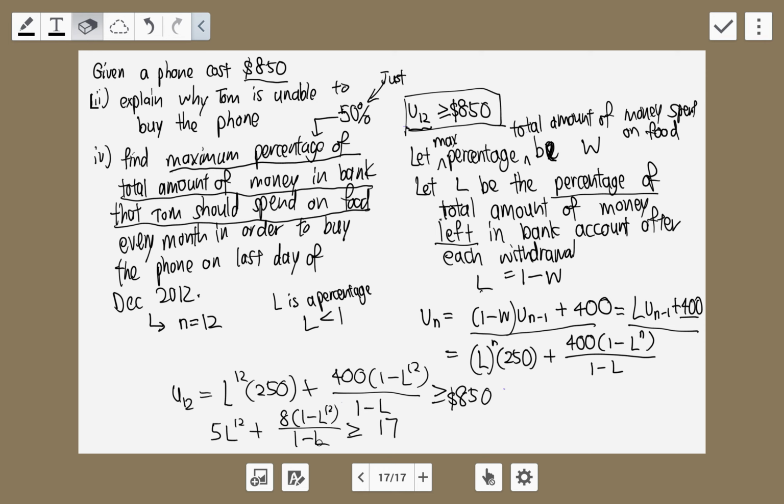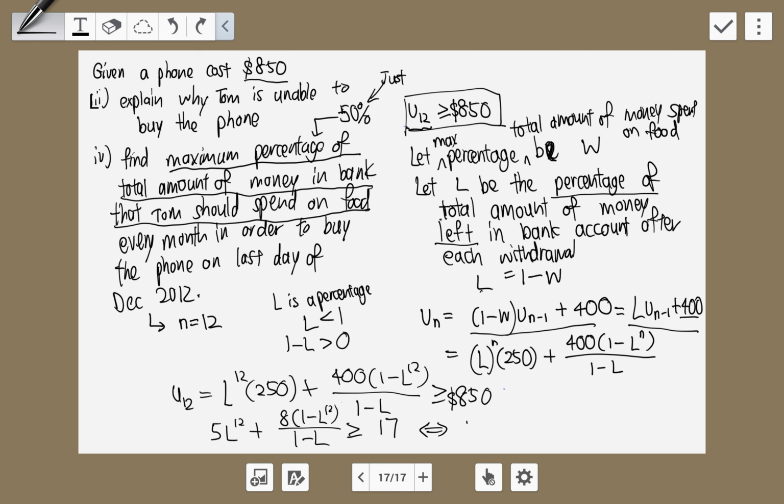So I could also change it. I could also multiply 1 minus L on both sides, because 1 minus L is smaller than 1, so 1 minus L must be greater than 0. Okay, so this is greater than 0. When I multiply on all the terms, I do not need to change the inequality sign. So this one I will have 15, no,